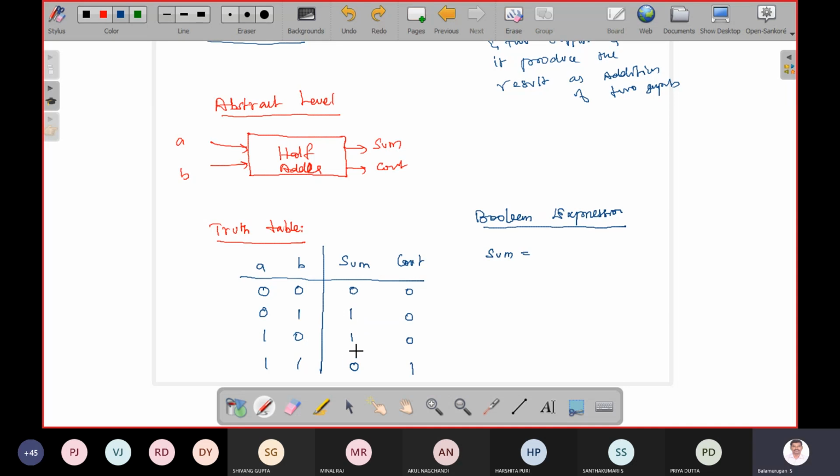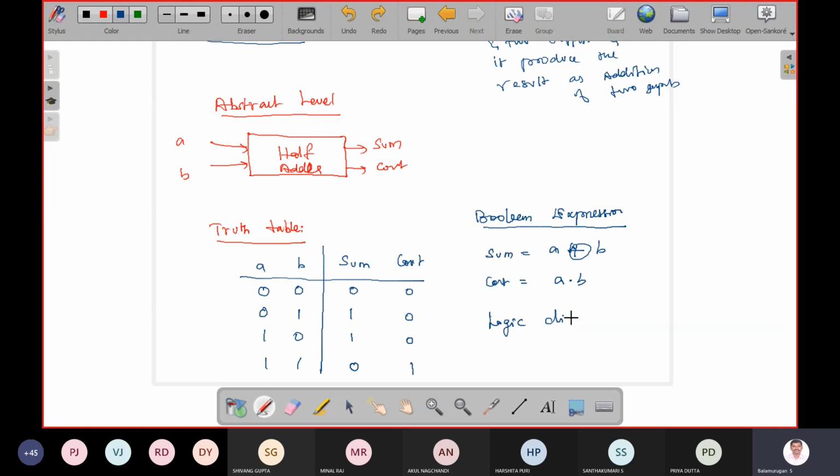By looking at this sum column, what is the truth table of which logic gate? XOR gate, sir. So sum is A XOR B, and C out is nothing but A dot B, an AND gate. Once you get this Boolean expression, then you can draw the logic diagram.